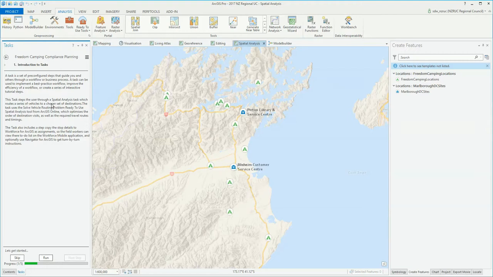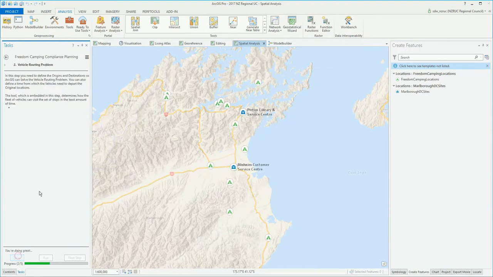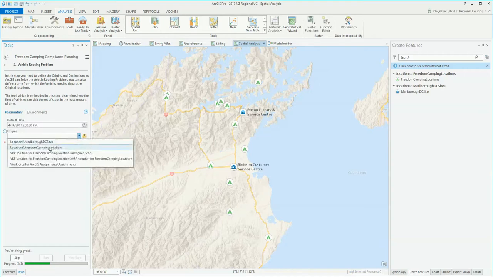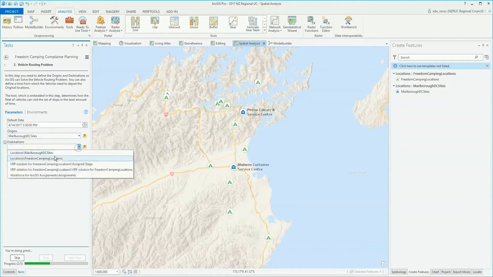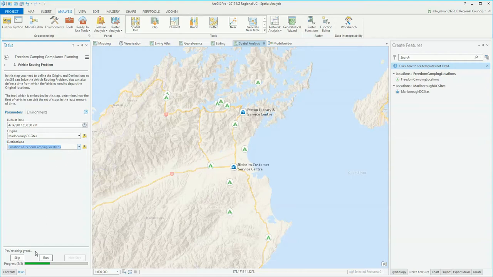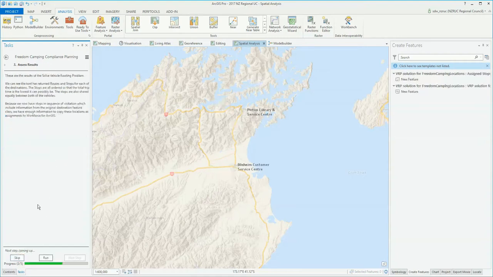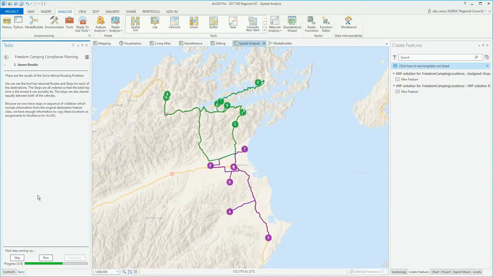So in this task, first I am asked for the locations where my vehicles will start, which are my origins, and all the locations of where they need to go, my destinations. I can specify the start time of when the vehicles need to depart, and once I run the step, the Solve Vehicle Routing Problem will solve the problem for me and return ordered stops and routes. Because we have stops in sequence of visitation, which includes information about who visits each one and when they need